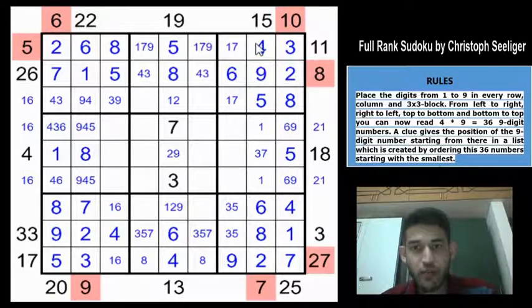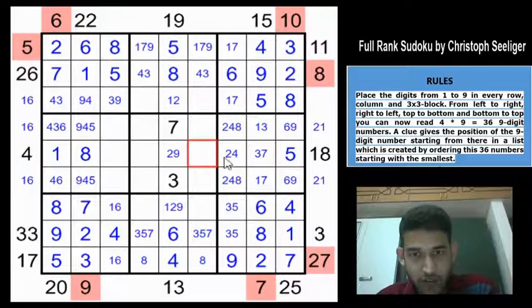Okay, column 8 is almost filled, right? So we can fill in more digits. So this must be 1 or a 3 and this must be 1 or a 7 because 4, 5, 9, 2, 6, 8 are filled. 5, 6, 9, 1, 3, 7. So remaining are 2, 4, 8. This is 8, so this will be 2, 4, this will be 2, 4, 8 and this will be a 2, 4 or 8.